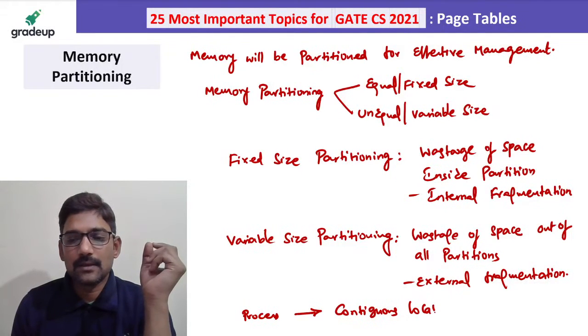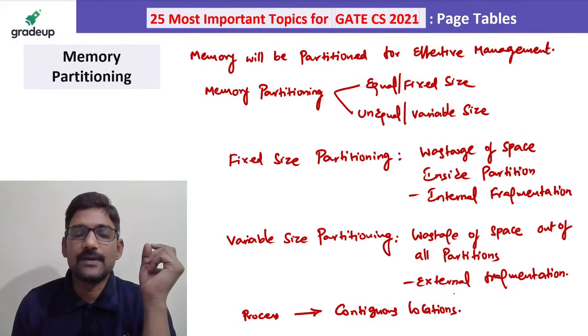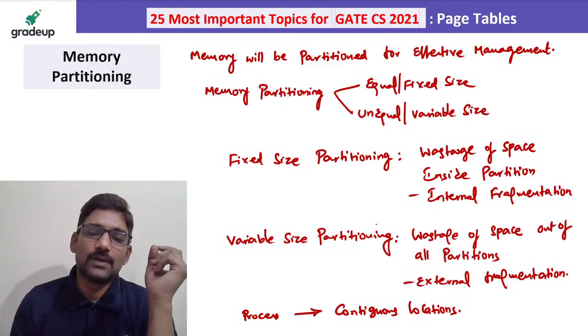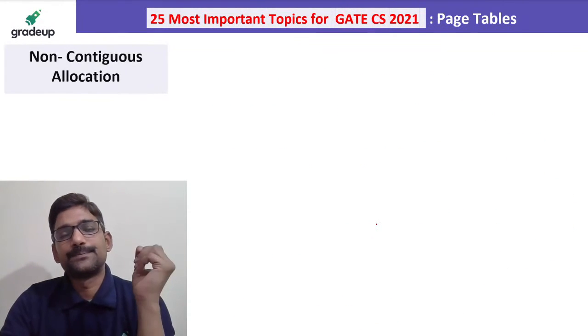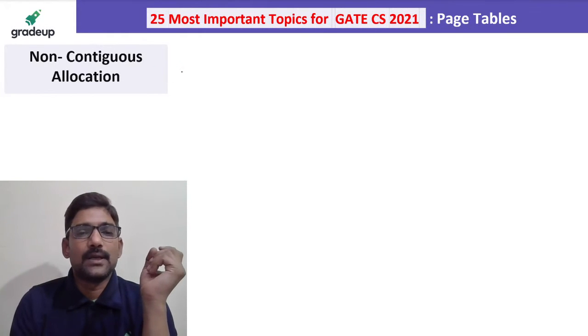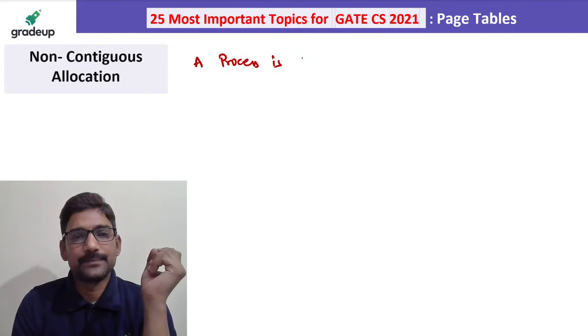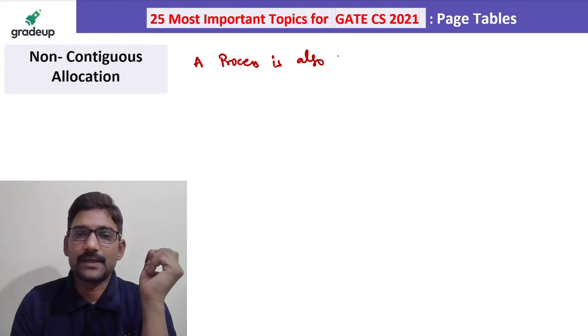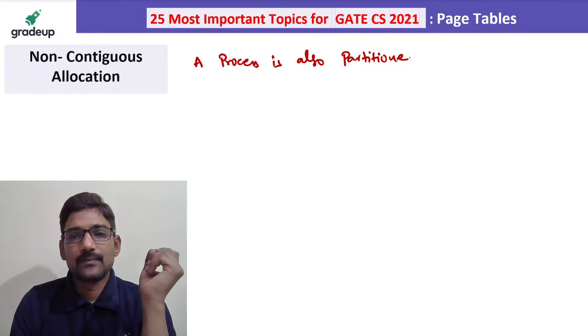That's why we are facing this issue. So, what is the remedy or solution for this? A process is also partitioned, like memory is partitioned. These are logical partitions